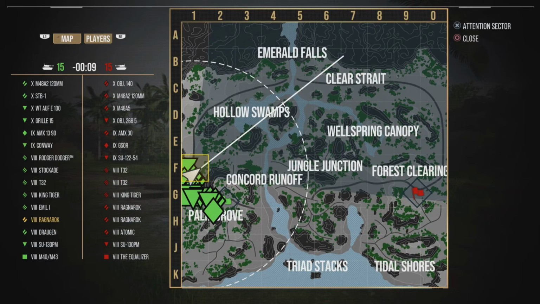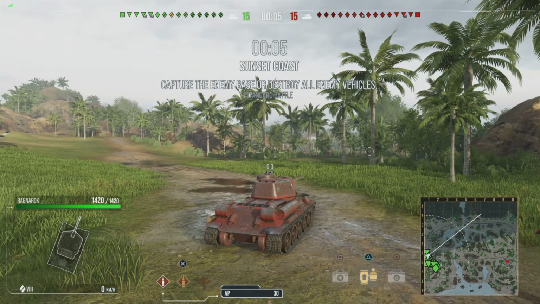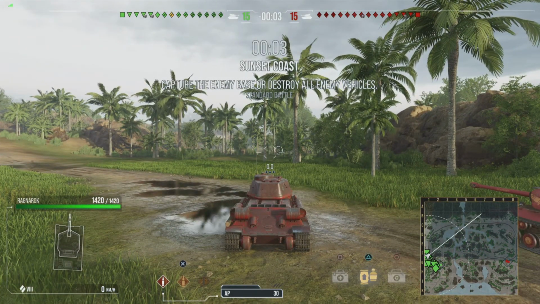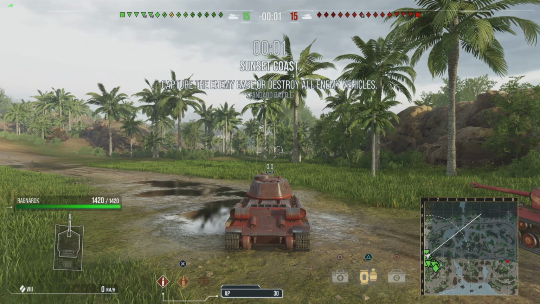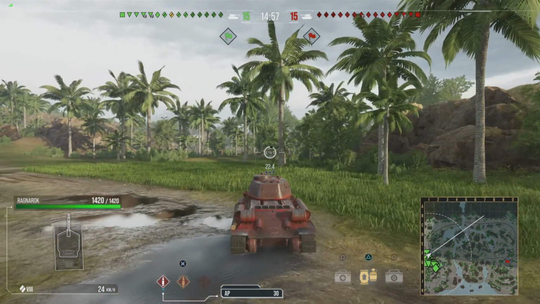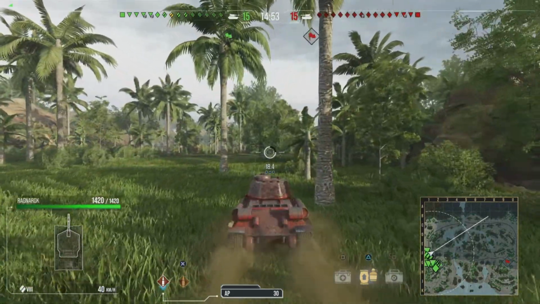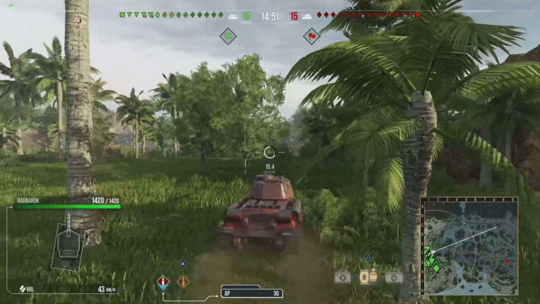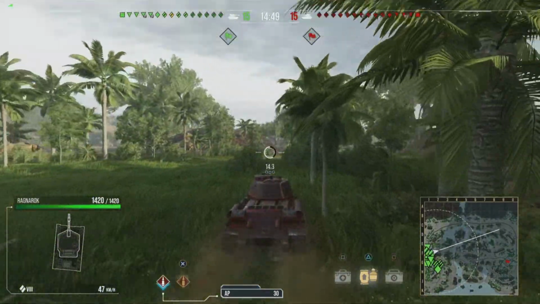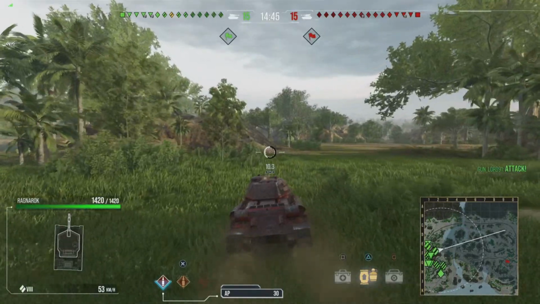All right, welcome back. We are on Sunset Coast, and we're in the Ragnarok again, obviously, because I've told you that. So yeah, we are going to try to do what we always do in the Ragnarok, and that's get our free shells off as fast as possible, and then get behind cover. Luckily, there's only one artillery in this game, and as you can see in the last game, I did have